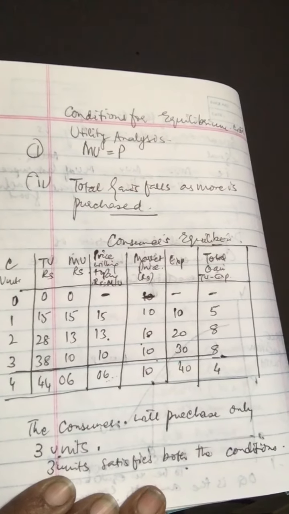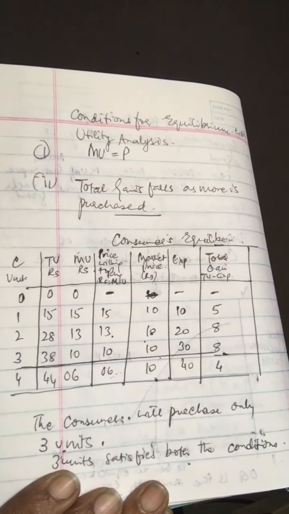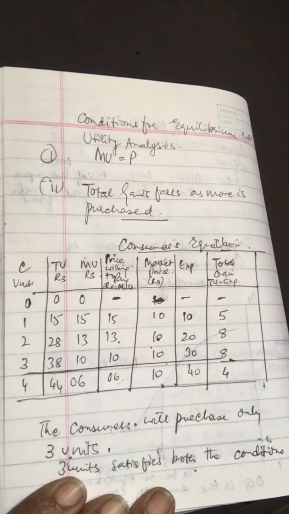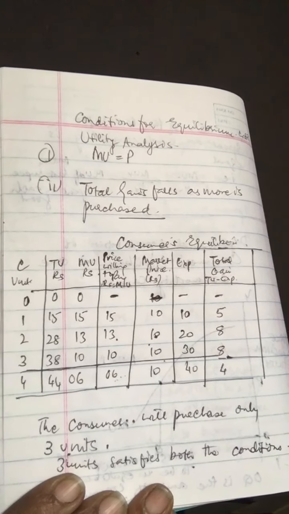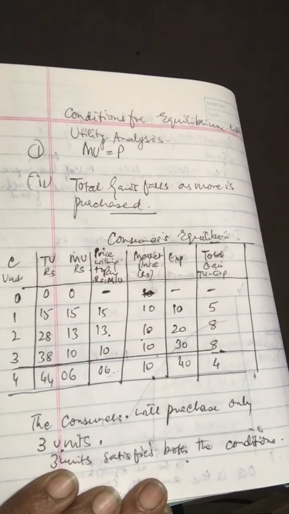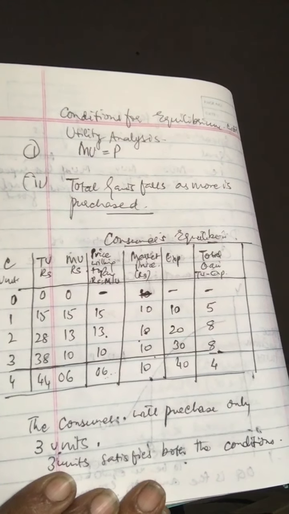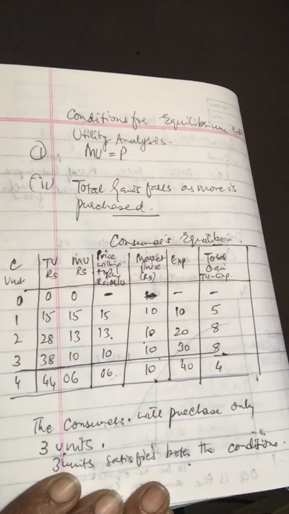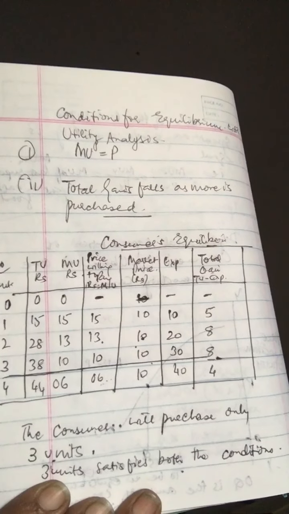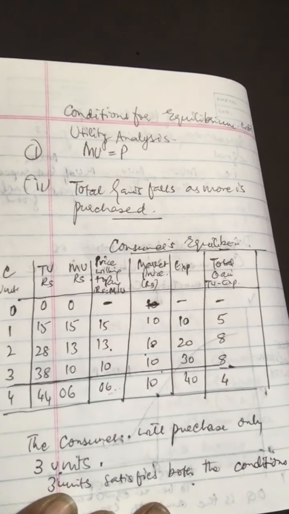The difference between utility and price of a unit of a commodity represents the gain to the consumer from that unit. Let me repeat once again. Now you see the difference between the utility that the consumer gets and the price of a unit of a commodity represents the gain to the consumer from that unit. For example, utility of the first unit of X is rupees 15 and the price paid is rupees 10. So the gain is rupees 5, that is 15 minus 10. Similarly, gain from the second unit is rupees 3 and from the third unit it is 0. So the total gain from 3 units is rupees 8, that is 5 plus 3 plus 0.